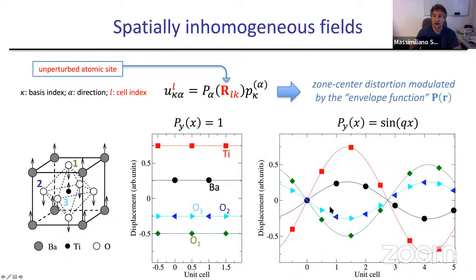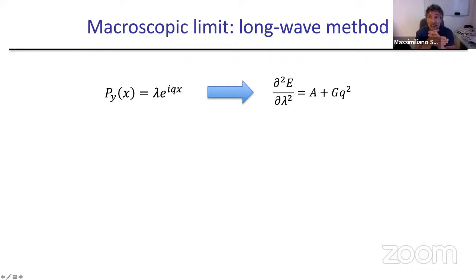In the case of inhomogeneous distortion, here we have a trigonometric function. What we have is simply that it's quite intuitive. So we have the zone-centered distortion like here, but we modulate it in space by the field, which acquires the meaning of a sort of envelope function. So this allows immediately to get the macroscopic limit and therefore to predict from first principles the parameter in the